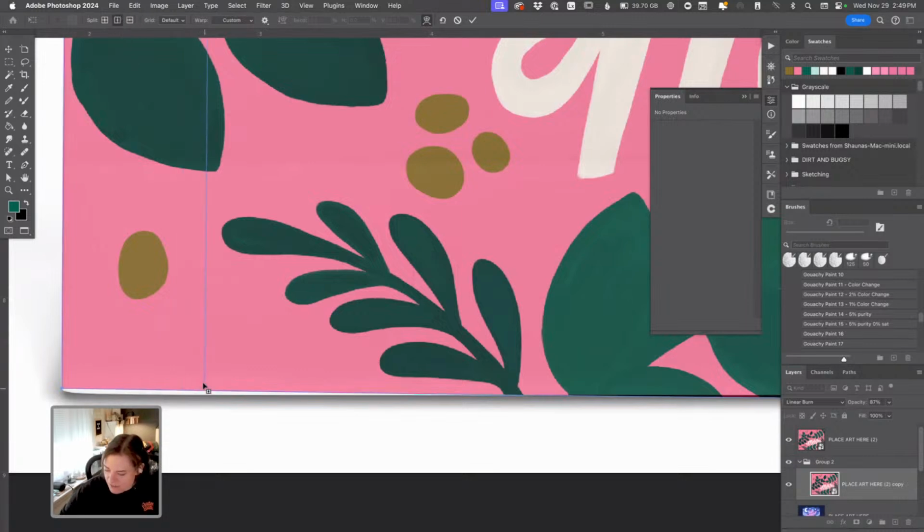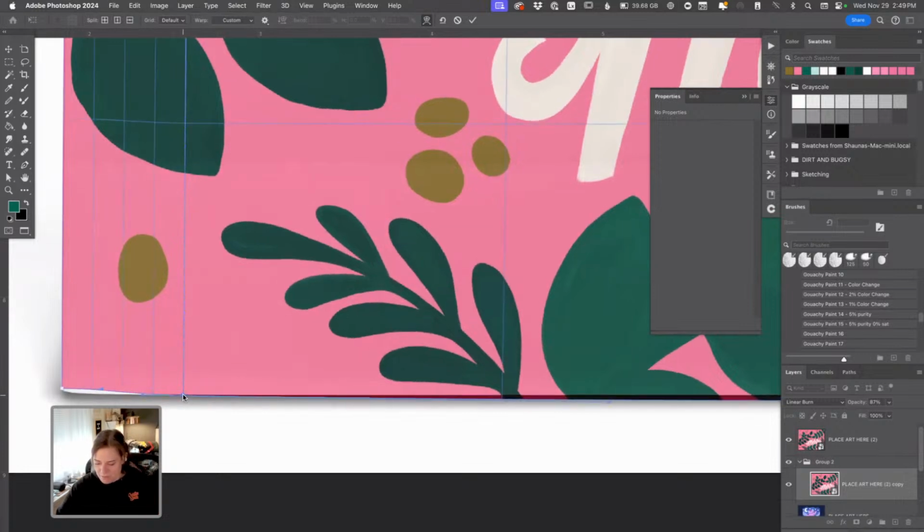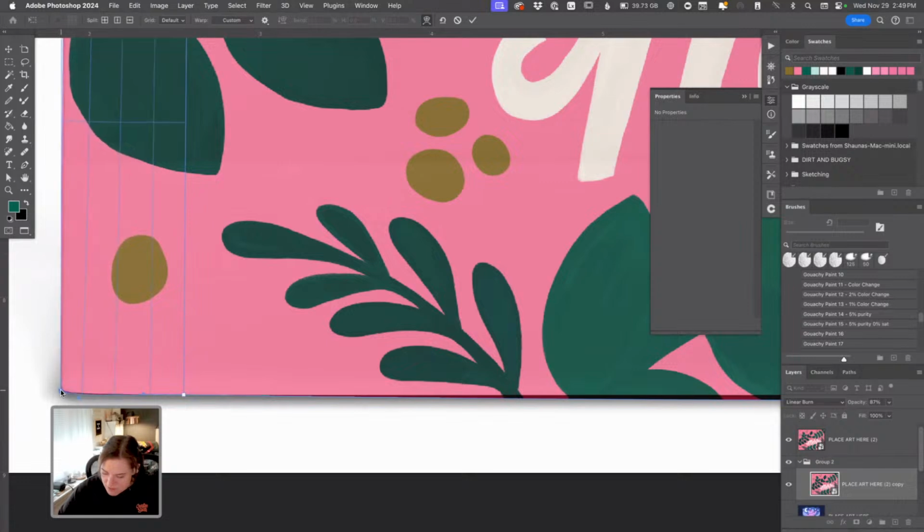I'm going to add another. I went up here to this little split option, and I can add more options in terms of moving my smart object around,